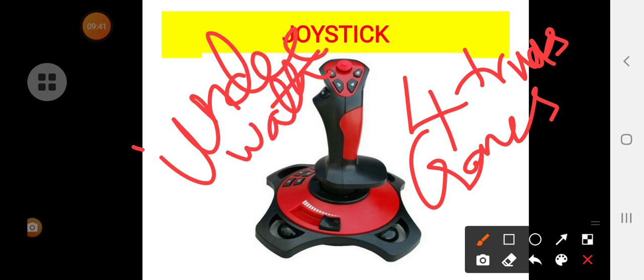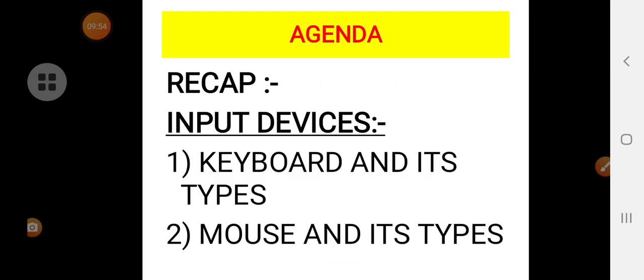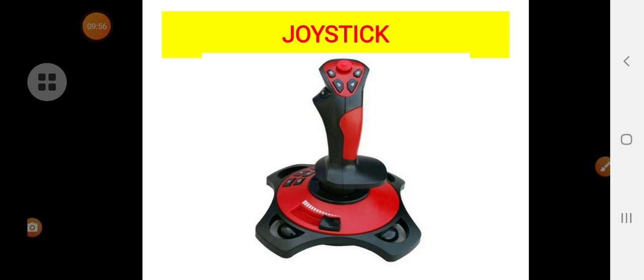So what you have to remember from the joystick point of view is, it is an input device consisting of a stick that will change its direction of angle, so that you can control the device.